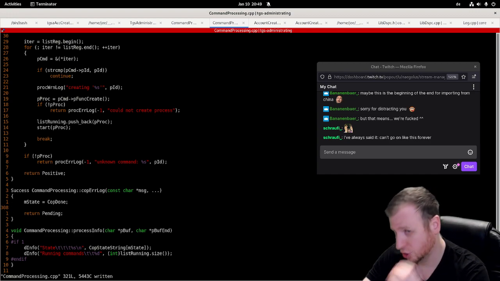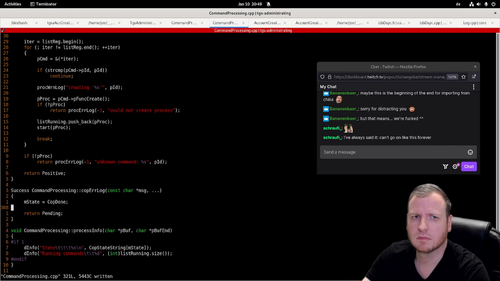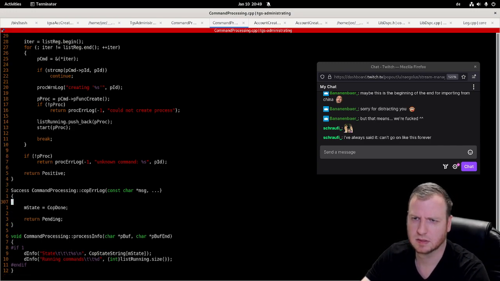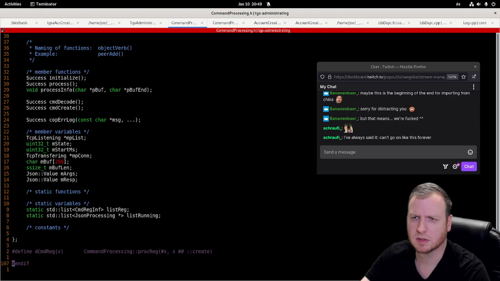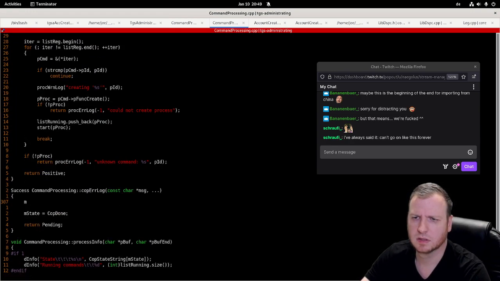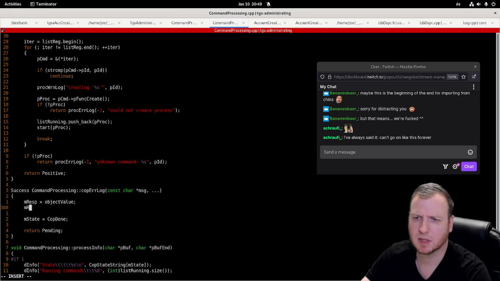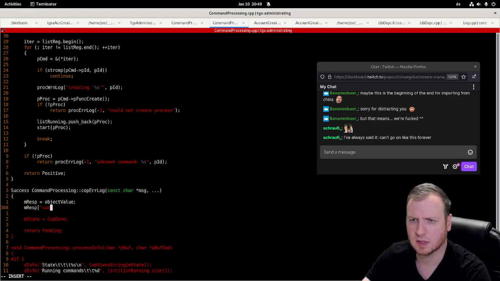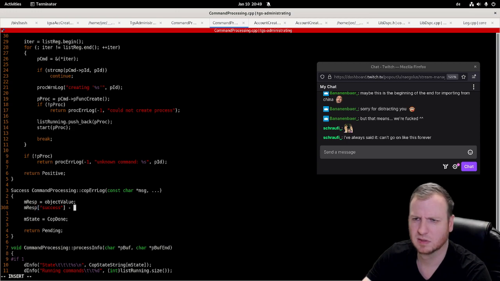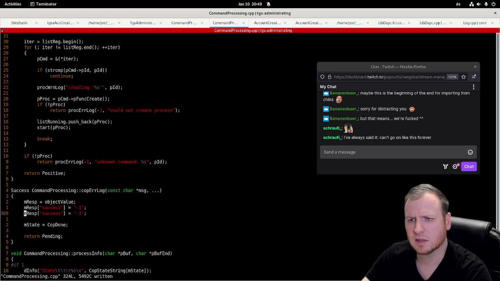It should reset response. It should set the response thing back to object value and then m response success 2 equal to -1, and this is the reason. The reason should be